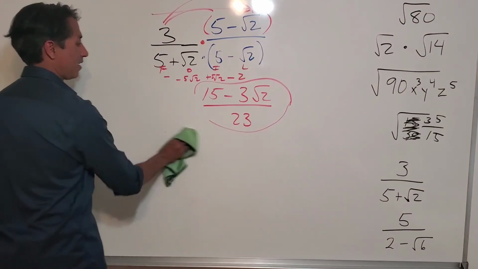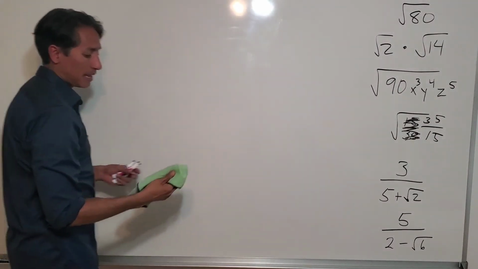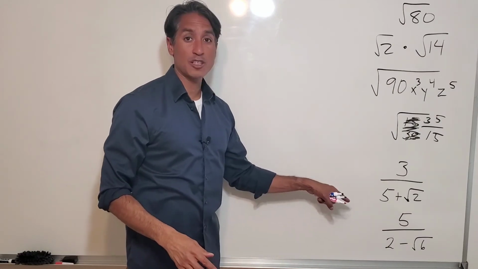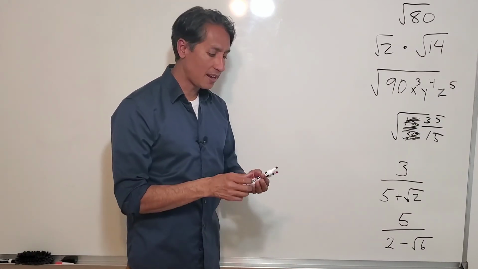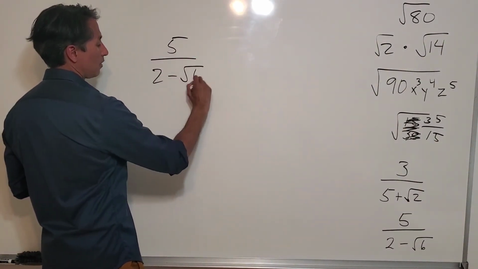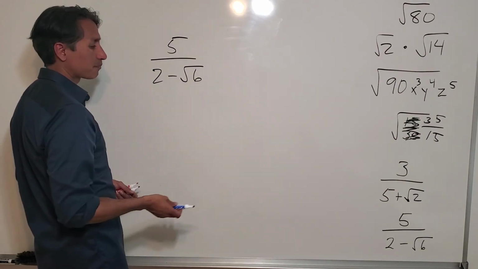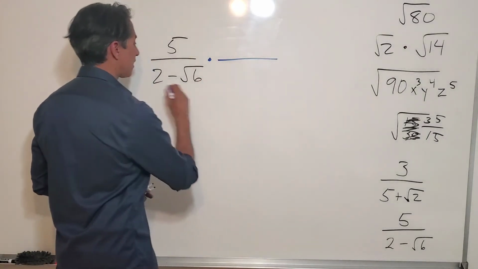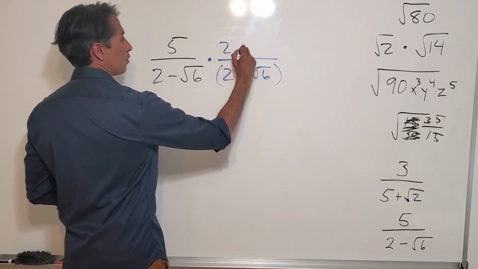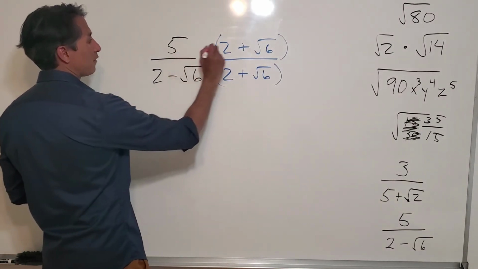Okay, let me erase this stuff here, and get to that last problem. And like I said, if you've done this many or that one with the conjugate made sense and you want to try the next one, then pause the video and see what you get, that would be fantastic. 5 over 2 minus square root 6. Okay, got to get the square root out of the bottom, got to simplify this thing. So I multiply the top and bottom by the conjugate. I have 2 plus square root 6, 2 plus square root 6,